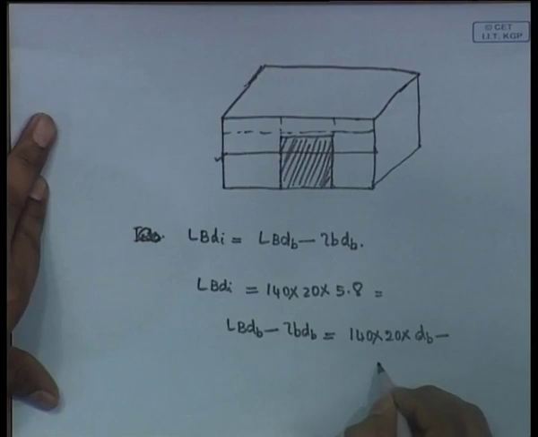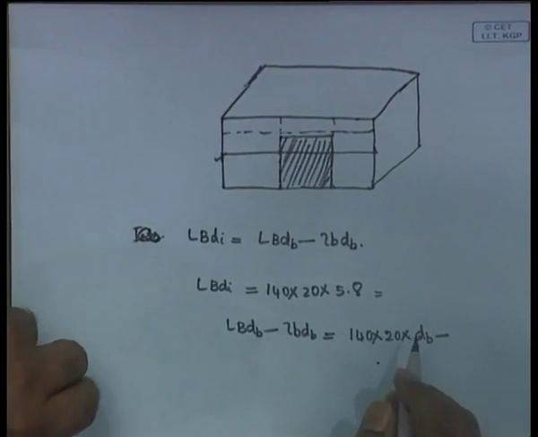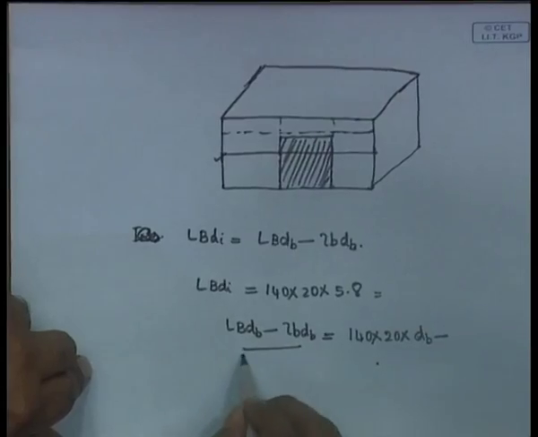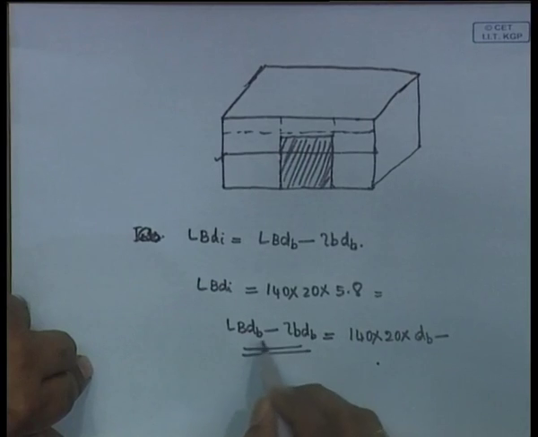lbdb. What is subtracted is the volume of the compartment that is bilged. So, you need to know the length of the compartment that is bilged, the breadth of the compartment that is bilged, and the height to which it is bilged. Now, this is the difference in this problem. Usually this is the formula LBDB minus lbdB